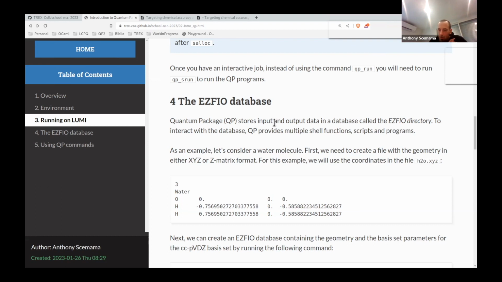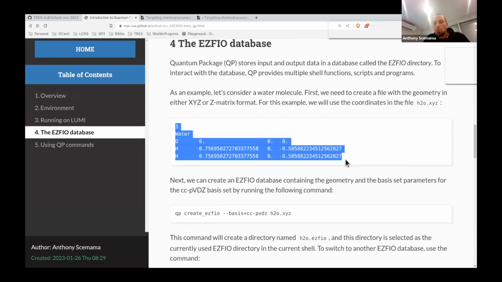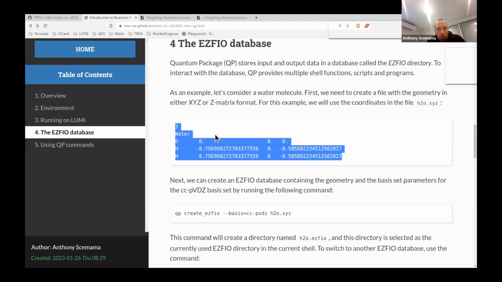Okay, so what you need to do first is to create this initial database, and so you always create it from XYZ coordinates, let's say, and a basis set. So we're going to take as an example a water molecule. So you take an XYZ file with the coordinates of a water molecule.